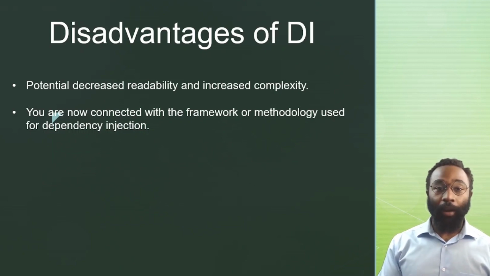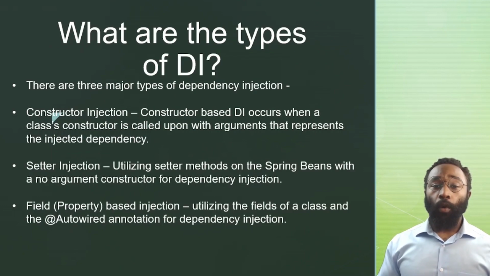You're going to have to rely on this somewhat to get the job done. What are the types of dependency injection? So as we're going to see later in our code example, you have constructor injection, setter injection,